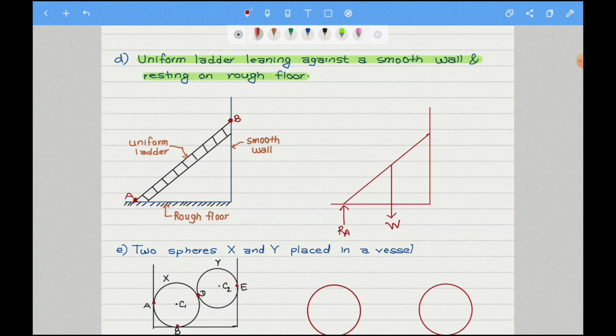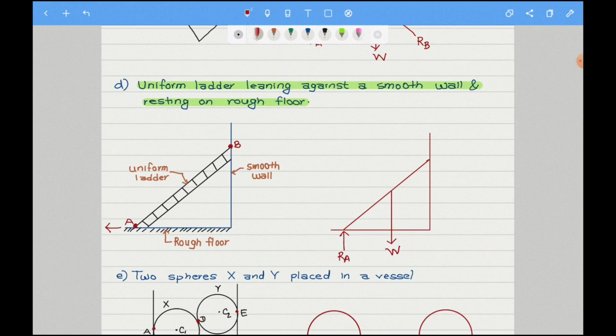Now as the floor is rough, so there is friction between the floor and the ladder, meaning that at contact point A, the frictional force FA should appear. The tendency of the ladder to slip on the floor is on this side, so that the frictional force should appear opposite to this direction on this side. So in the free body diagram, we'll be representing it like this. This is